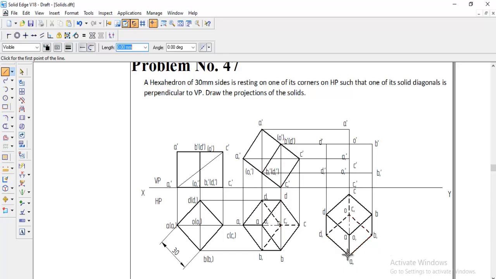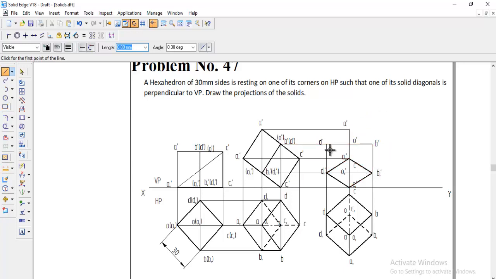So I am getting A1, B1, C1, D1, the complete face first. So that's why I need to join A1 dash to B1 dash to C1 dash to D1 dash and back to A1 dash. I need to make it visible. First I need to make the bottom face visible, and then check which corner we are getting next. I am getting A1 here, that means A1 dash to A dash, the side edge will be visible. So that's why A1 dash to A dash I need to make it visible.